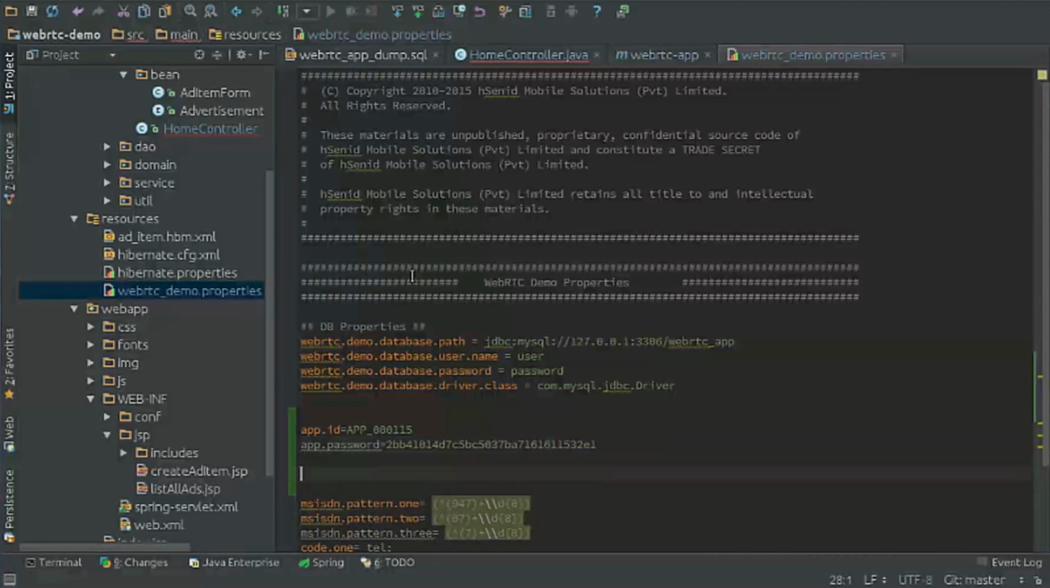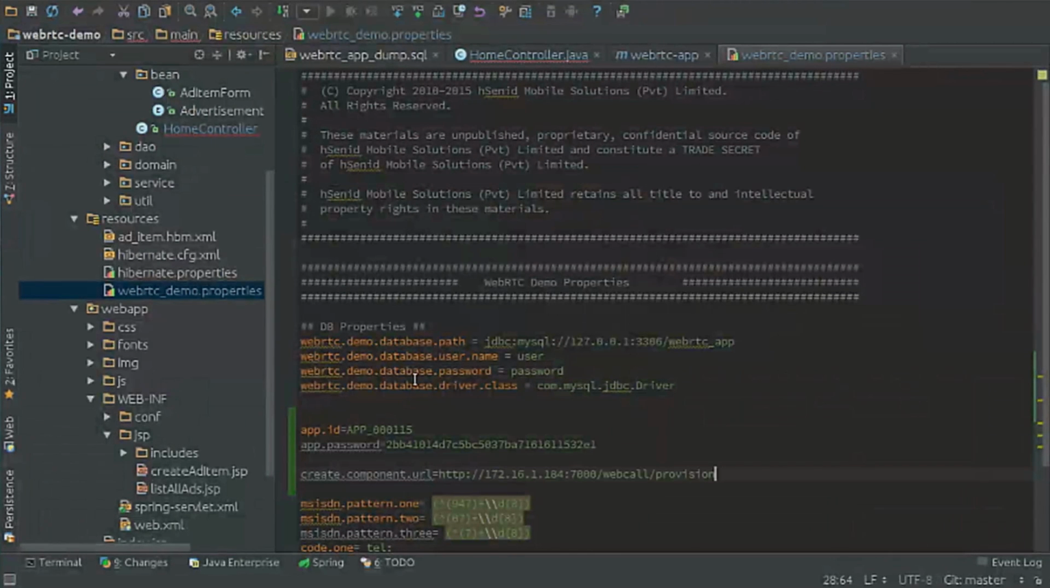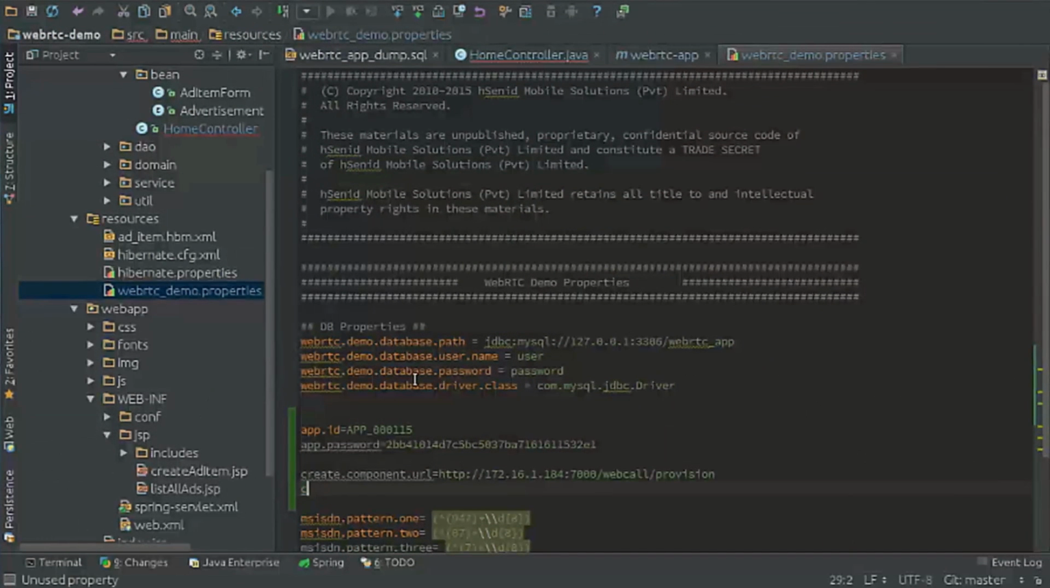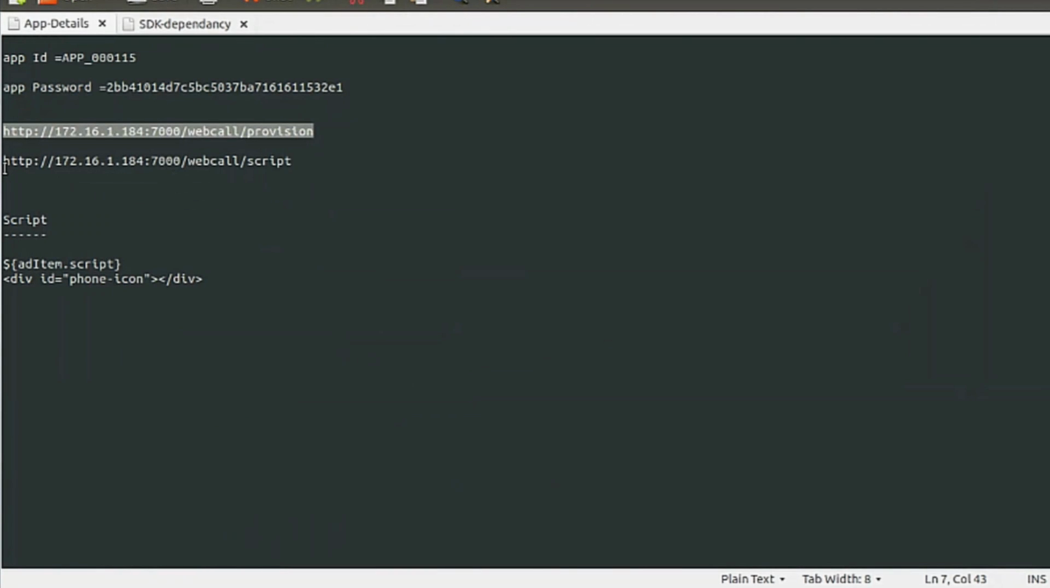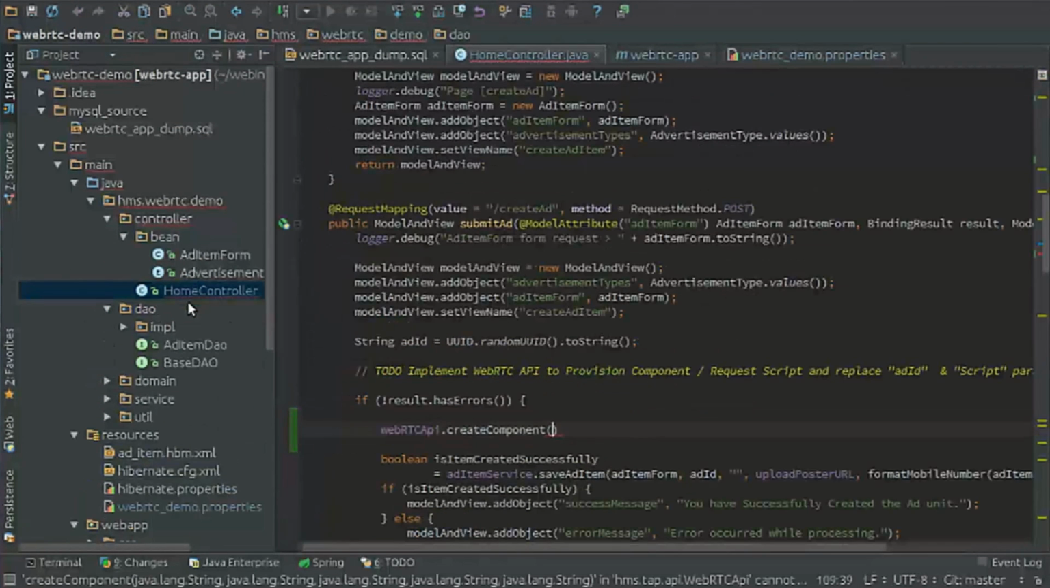Then what we need is the create component URL and the request script URL. So let's configure it here. Create component URL, which will provision our ad item in the platform, and then the request script URL. Here as well. So we are done with the configurations, and going back to our controller,